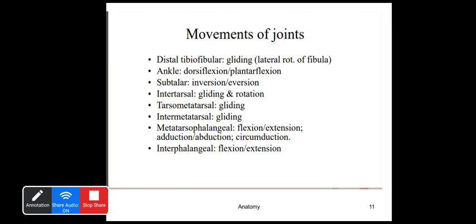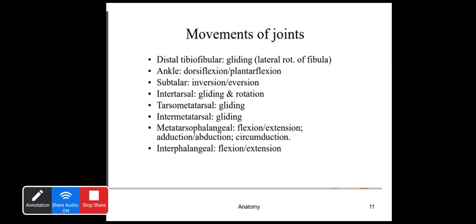Next to that joint we have the ankle joint. You know the ankle joint is uniaxial. So we have dorsiflexion and plantar flexion, the tibiofibular mortise on the body of the talus. Next comes the joint of today's topic, the inversion and eversion movements, that is the subtalar joint. Next, the intertarsal joints, the calcaneocuboid and cuneonavicular. Hope all these joints of the foot were discussed in the last class.